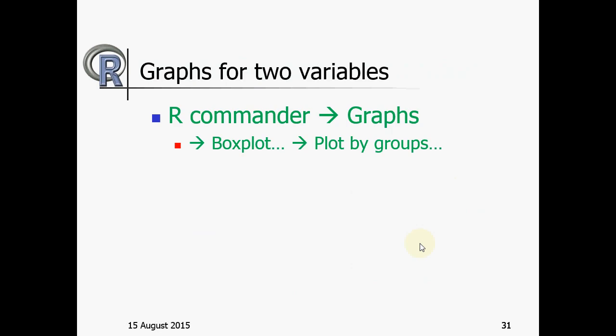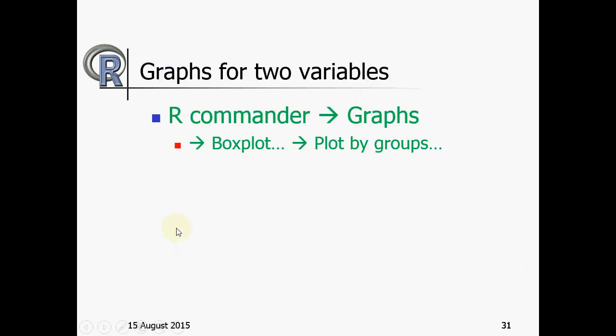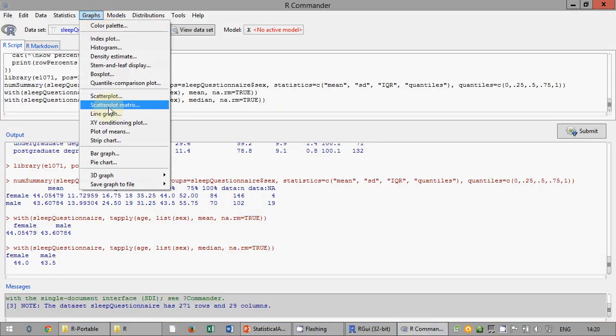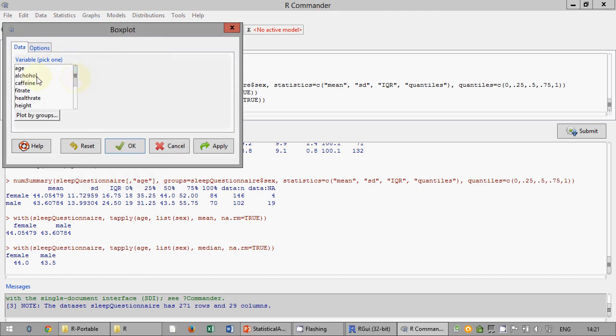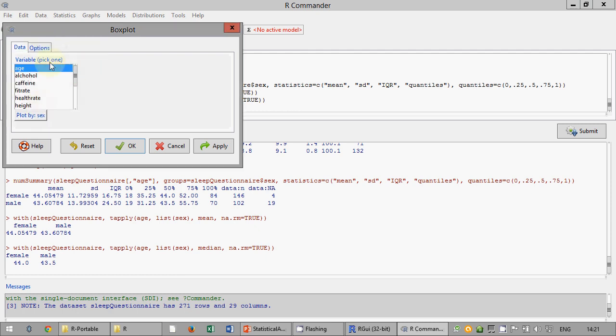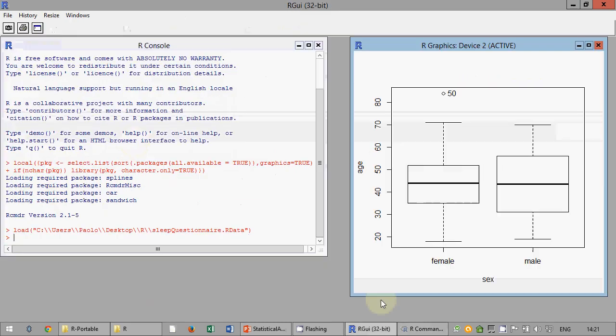How can you do it? Well, R has only one feature. You cannot display this thing here in R, but you can do this. Box plot by groups. Graphs. Where is the box plot? Box plot. Again, age. Plot by groups. Sex. Okay, but no other option. And you get,